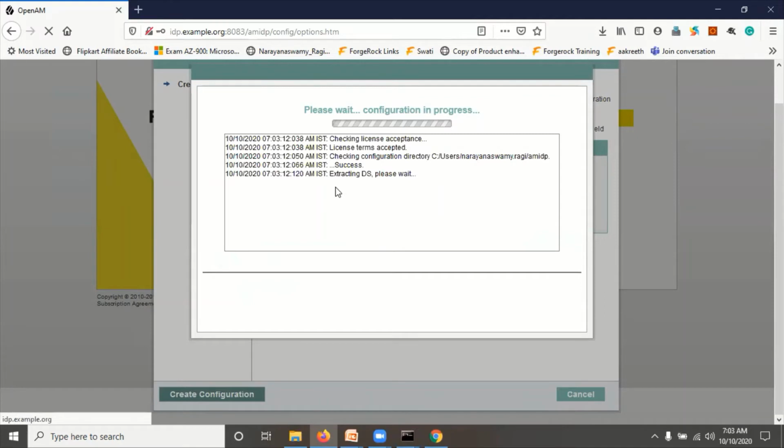Once it is done, then we have to install the SP, because OpenAM internally installs OpenDJ, and OpenDJ needs different ports. That's why, whenever we install the second OpenAM, we have to wait until the first OpenAM completes, because the second OpenAM might use the same port. If OpenAM is already installed, internally it will check whether the port is available or not. If not available, it will create a new port for OpenDJ. So we have to wait until the first OpenAM installation completes. It may take maybe 1 minute. It also depends on the system performance.